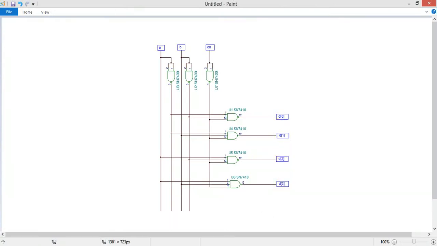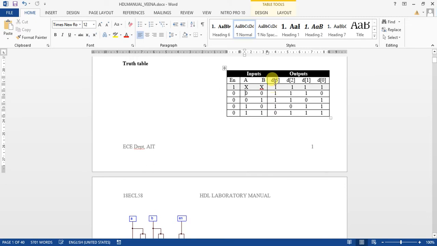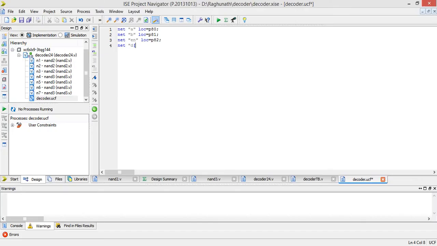So in the truth table, what is there? D3 is coming first. D3, D2, D1, D0. If we want to see the LEDs, D3, D2, D1, D0. So first I am giving D3. Next I will give D2, next D1, D0. If you give the opposite order on the LEDs, you have to check the output as opposite. So D3 I will write first because my MSB should be the left side LED.